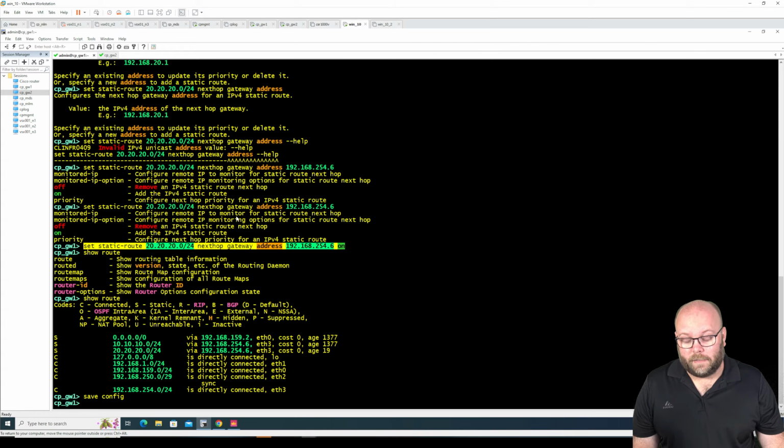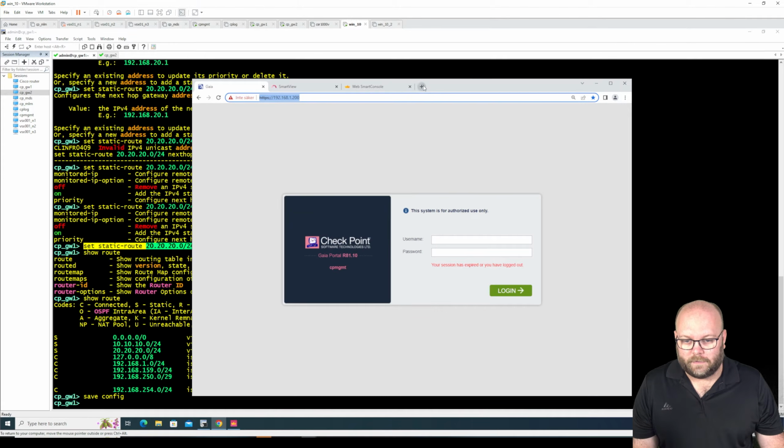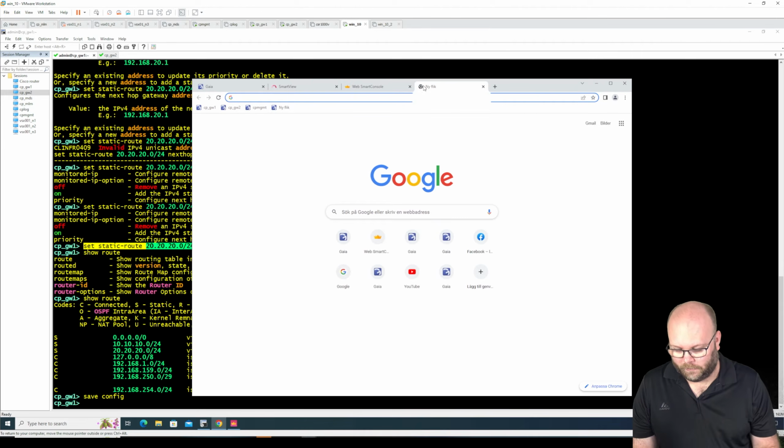And maybe not everyone is comfortable to do this in CLI, and maybe not everyone wants to give you the possibility to even enter CLI. Well, then there is a web GUI. If you open a normal browser, I use Chrome, and we take the same IP address, so this would be,